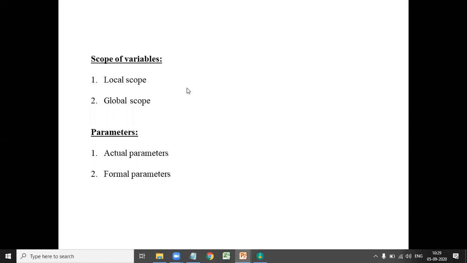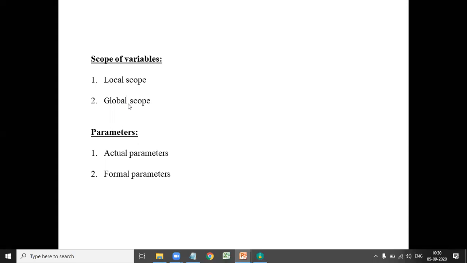Without the var keyword is implicit declaration, with the var keyword is explicit declaration. Local scope means the variables are declared inside a function. Global means the variable is declared at any part of the script. So these are the local variables and global variables.